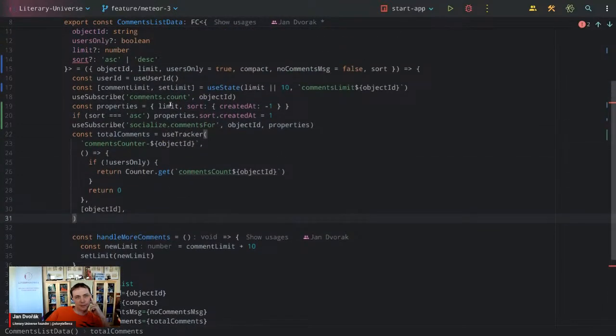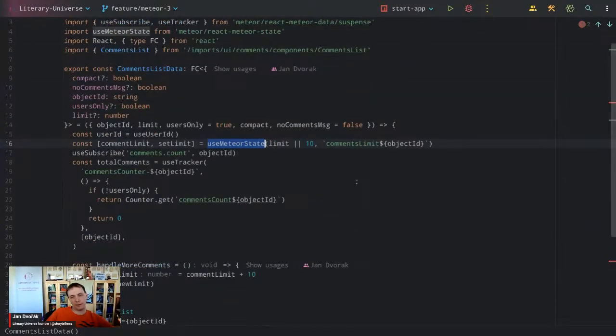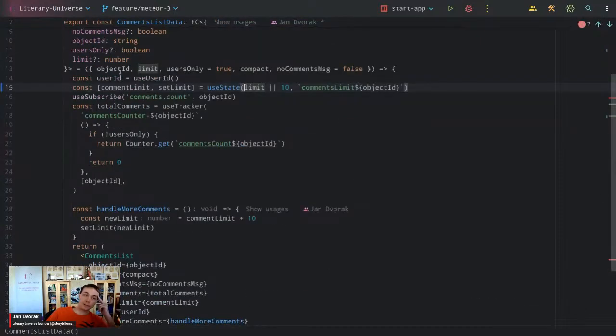No, actually let's go a little bit back here and let's look at this again. So here we get the user ID, we get the comment limit managed here,